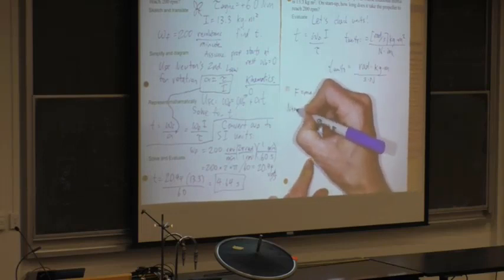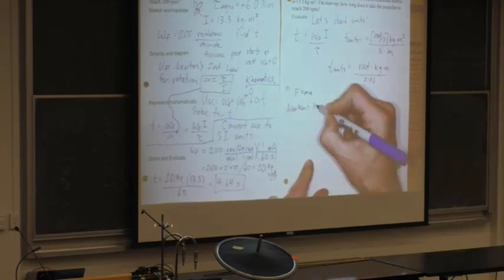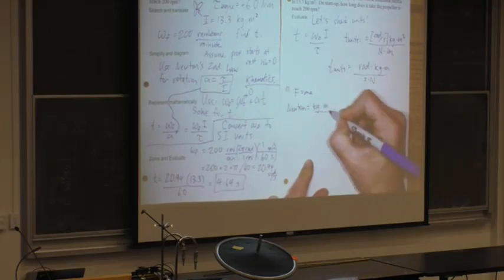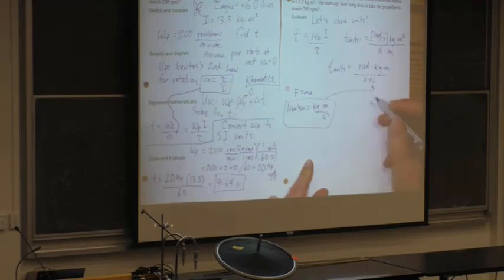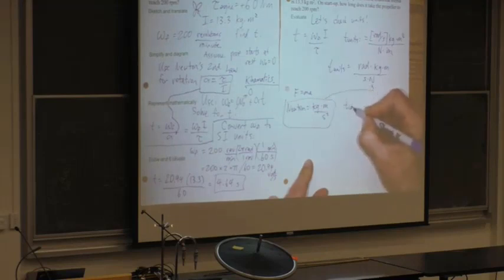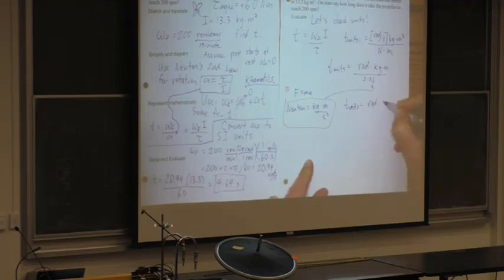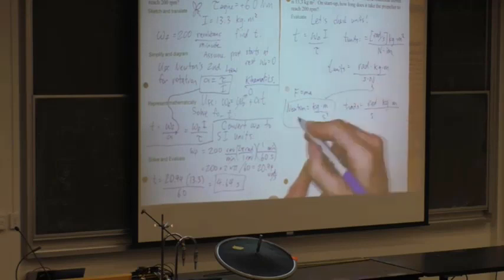So a newton is equal to a kilogram times a meter per second squared. So let's take that and plug it into here. So T units is equal to radians times kilograms times meters divided by seconds divided by kilograms, meters, and then